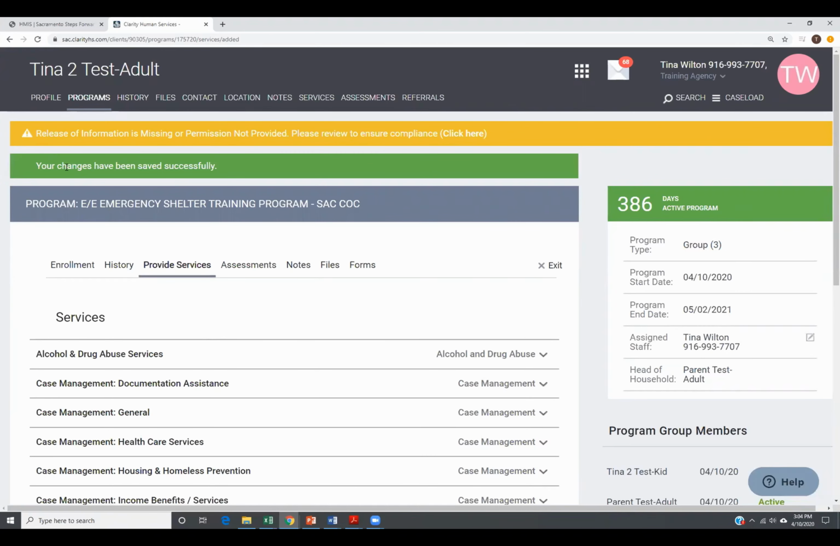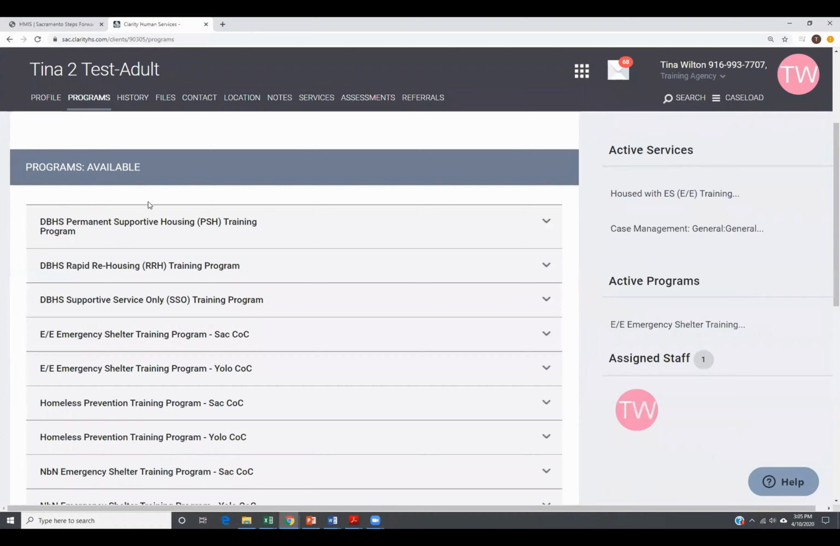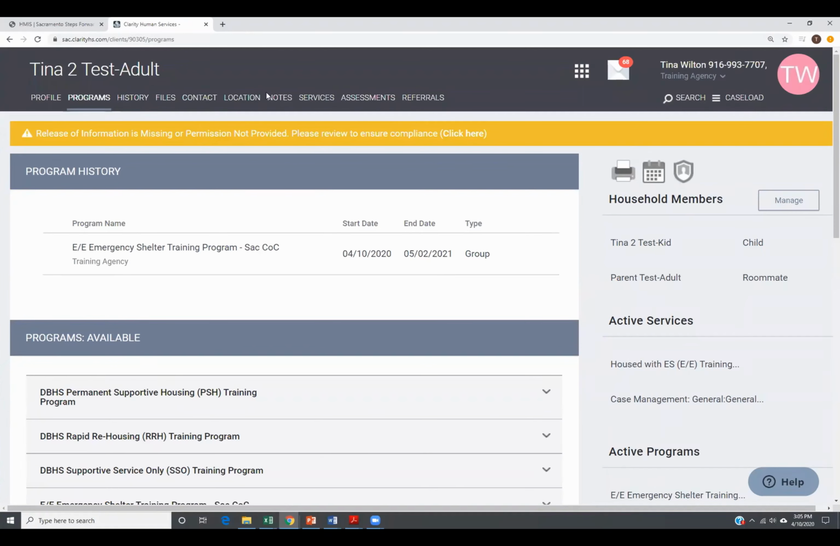And once we're all done, it says your changes have been saved, and now we are done. So if I go to programs, this would be essentially, if it was May 2nd, 2021, a closed program enrollment. And then if we want to go to our other folks, so our other members are here,